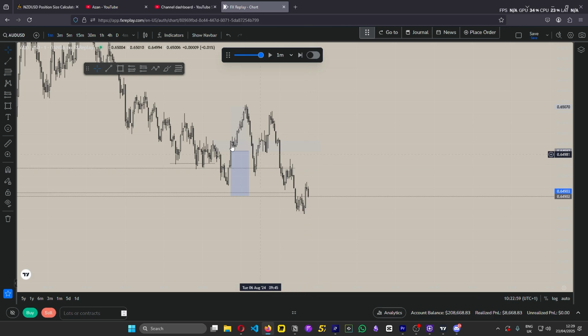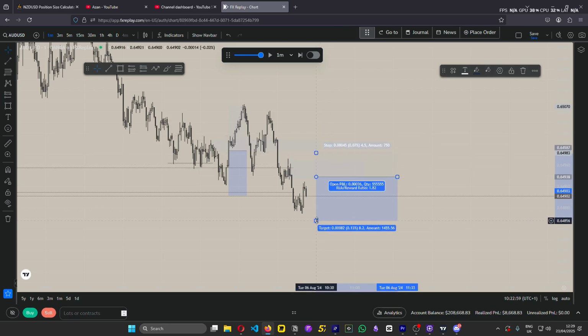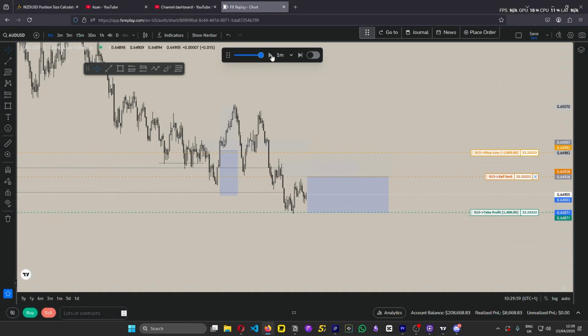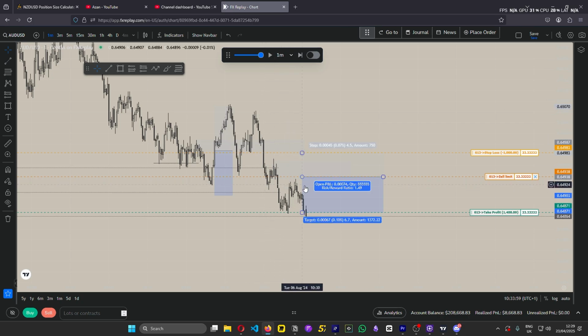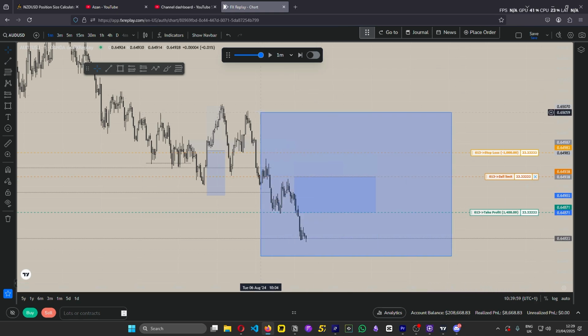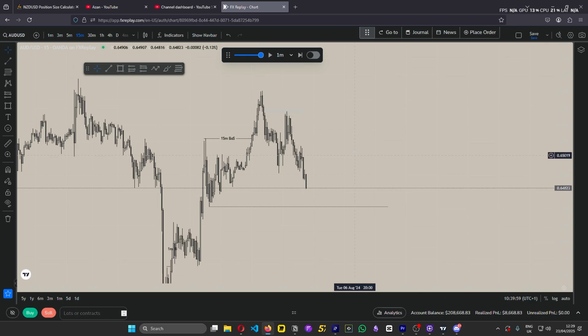I'll take a continuation, going down, though. I'll take this one, from here. Remember, counter trend though, so that's something else to keep in mind. Wait, we didn't get anything. Wait, what? Oh yeah, we didn't. That's fair. Okay, that's enough. No more, because this one was breaking the structure, and I am done because we're still bullish. All right, since we're bullish, I can't be taking counter trend trades. I need to be logical about this.